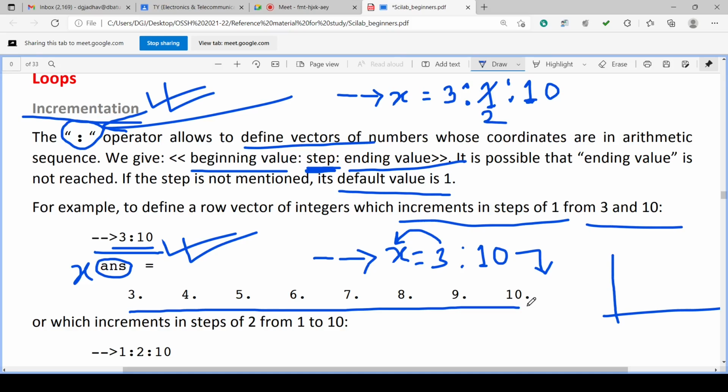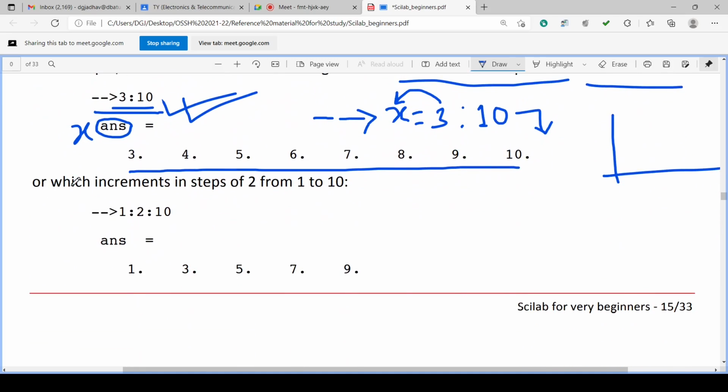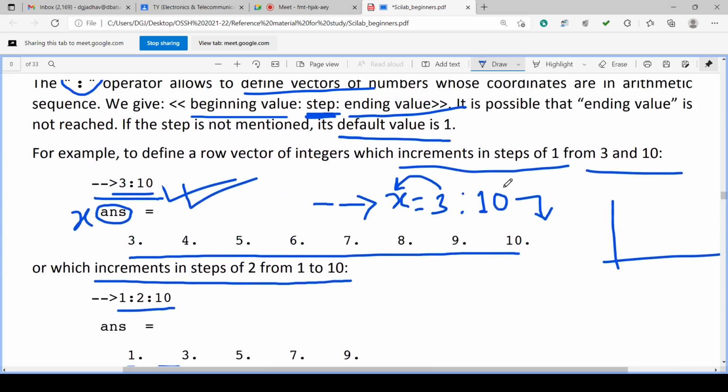So in this way, we can use the colon operator. Here the example shown is the increment of step 2 from 1 to 10. So we can have 1, 3, 5, 7, 9.